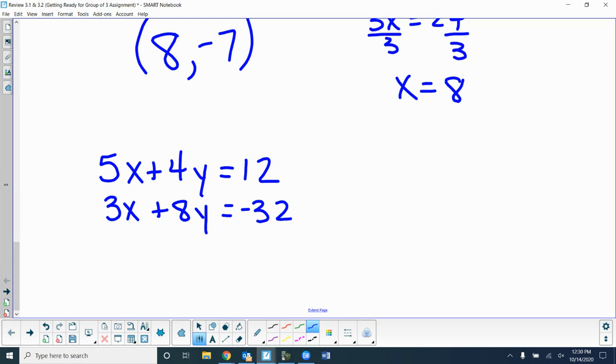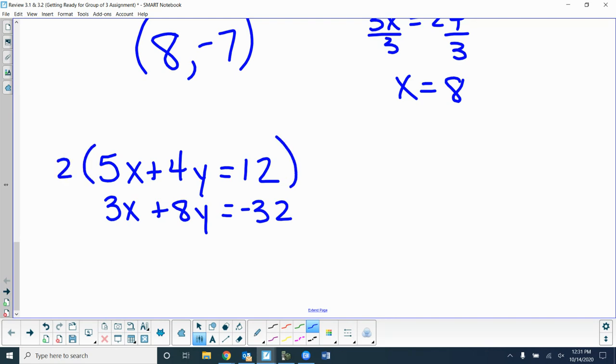Hunter, next thing is what? Get one of the values the same. What do you mean by value? The number in front of the x. The number in front of the x or the y? It doesn't matter. But what's the easier one to get together this time? The y's. Why? Just do the top times 2. If you do the x's, you have to do the top by 3 and the bottom by 5. You have to do two things. Your choice, but to save yourself some time, I would do the y's because you only have to multiply the top